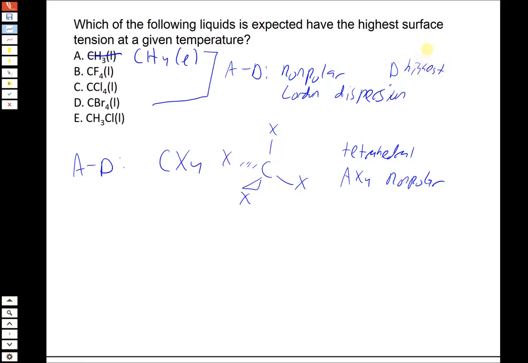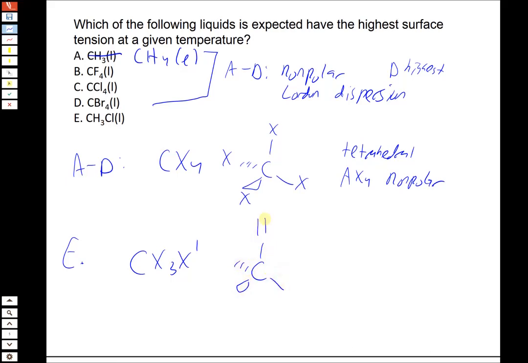But we have to consider choice E as well, and as I'm kind of hinting at now, choice E is the one that's a little bit different from the rest. So in this case, it's still, in some sense, an AX4 molecule, but this time it has 2 different outer atoms. You can call it X3, X prime. 2 different outer atoms can be written in this way. And so in this structure here,